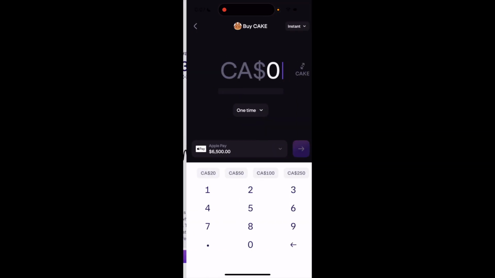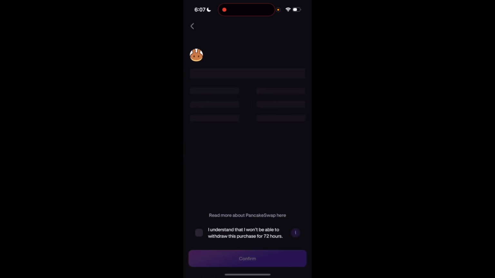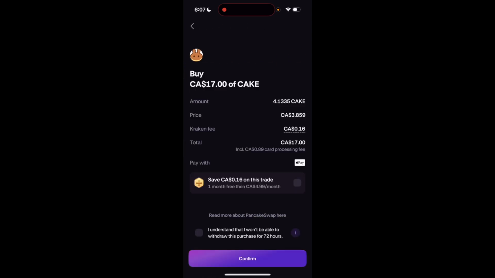Then when you're on the PancakeSwap page, type in the amount you're looking to buy. So I'll just type in, I don't know, $17 as an example. If all looks good, you want to proceed, press on the purple arrow. Then before proceeding, you can check the amount, the price, the fee, the total. If all looks good, you want to proceed, go to the bottom, press on confirm, and then follow the next